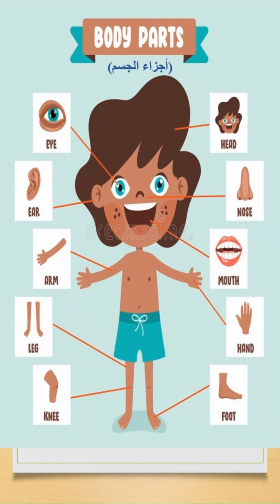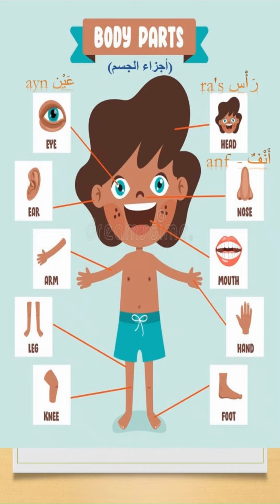Let's learn some body parts. In Arabic, we say أجزاء الجسم. Today we learn head. In Arabic, head is ras. Next is eye. In Arabic, eye is called عين. Next is nose. In Arabic, nose is called